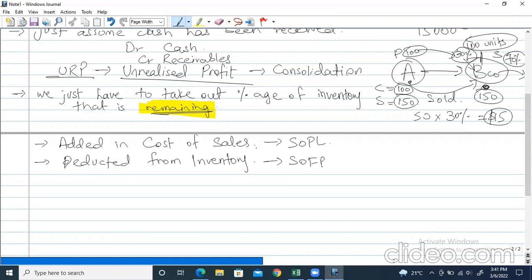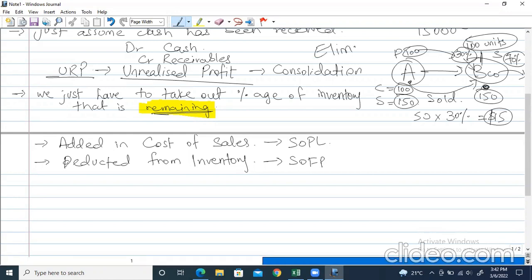Why are we deducting from inventory and adding in cost of sale? So basically what we're doing is that the inventory does not have these 30% items, right? We are basically eliminating them. The 70% have been sold out. The main thing which I told you over here regarding the intercompany sale is elimination, right? Eliminate, sorry, the spelling is wrong. Eliminate. So we have to eliminate it from the accounts, and for that we have to deduct the inventory and